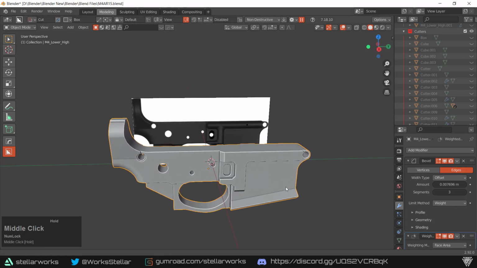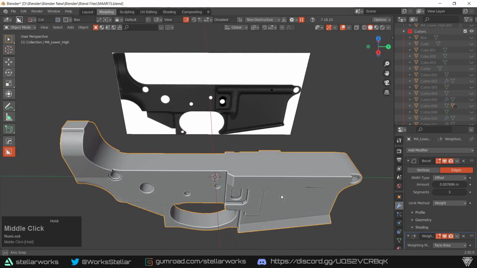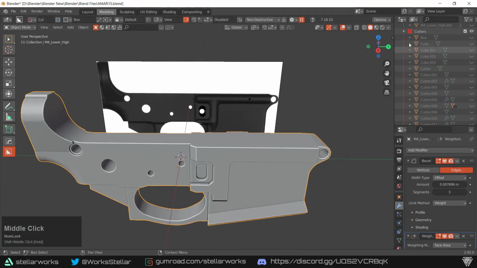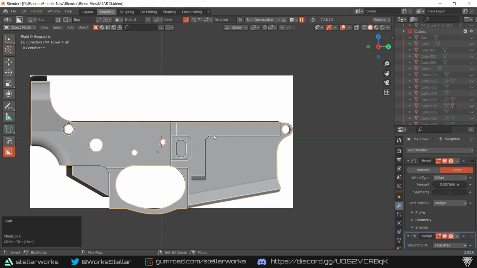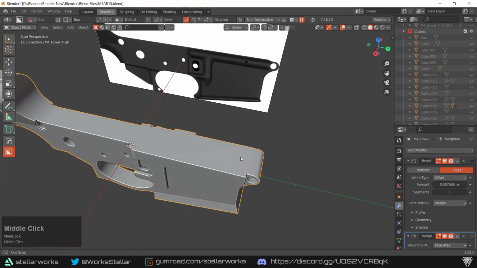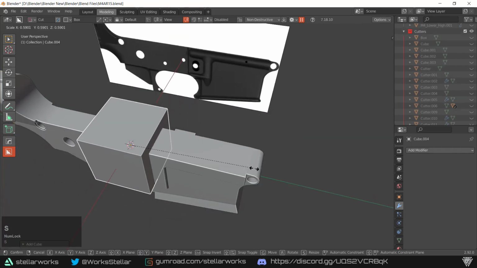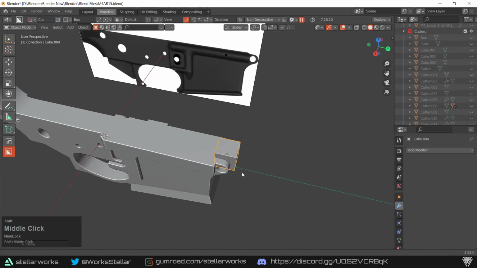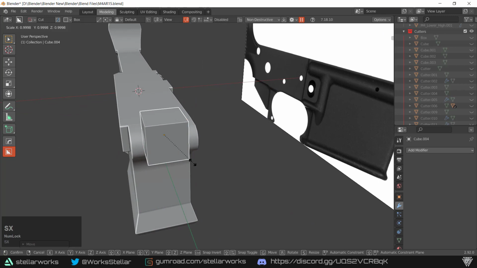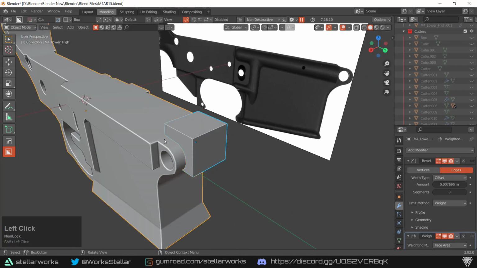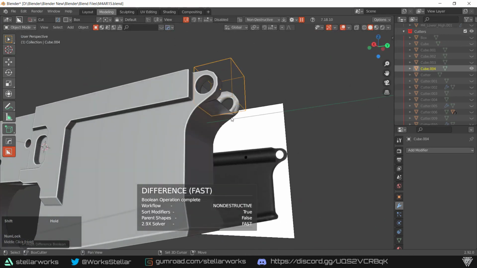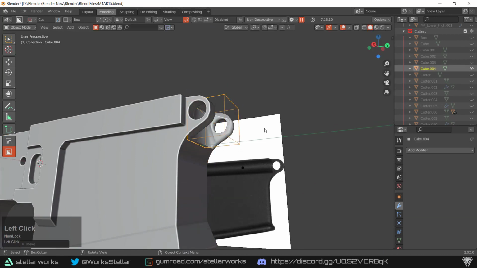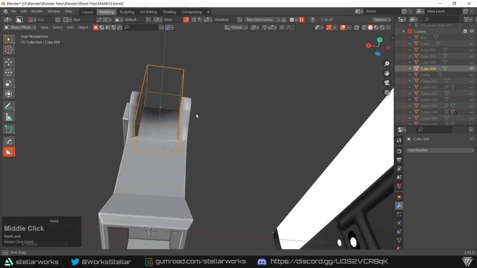Alright everyone, we're going to move on to the upper receiver, but before we move on to the upper receiver, we need to do two more things to the lower that was forgotten. We're going to go ahead and add in a cube, scale it in, move it up, and move it up. We're just going to give it a difference modifier, push it down just like so,